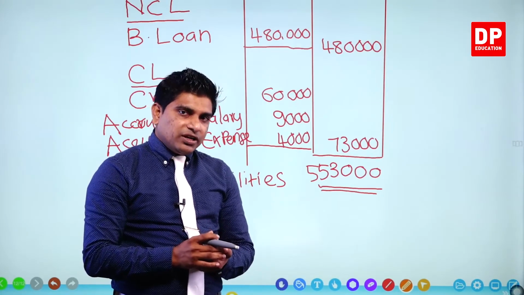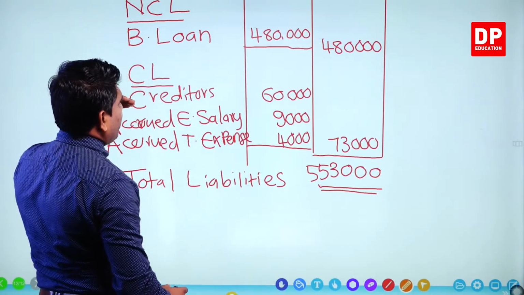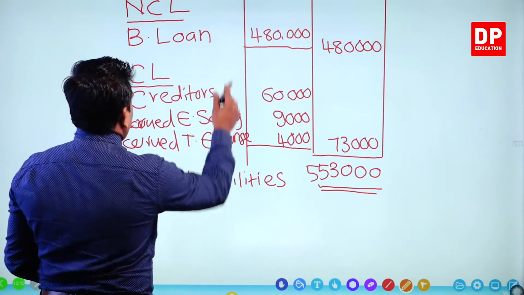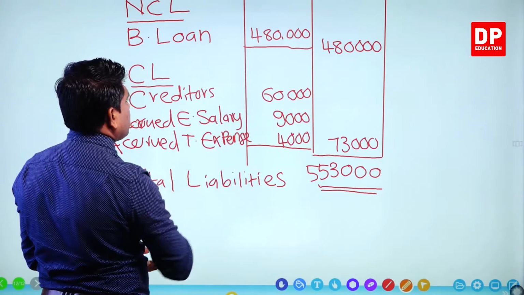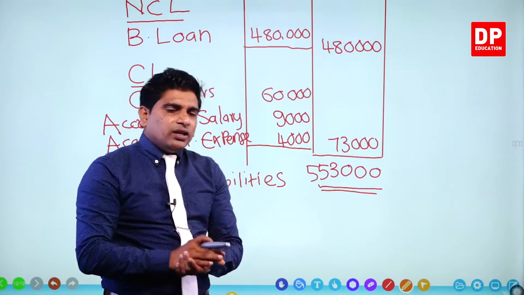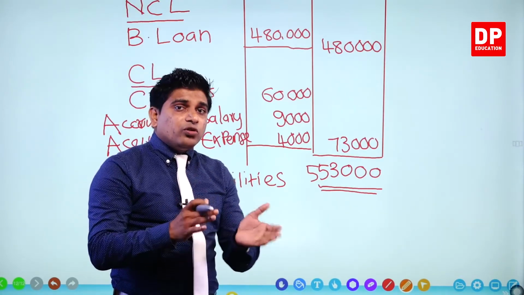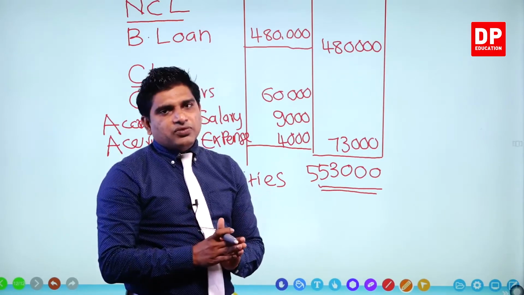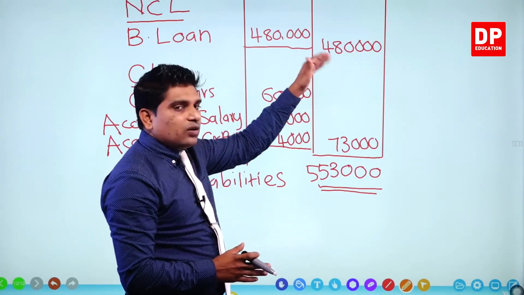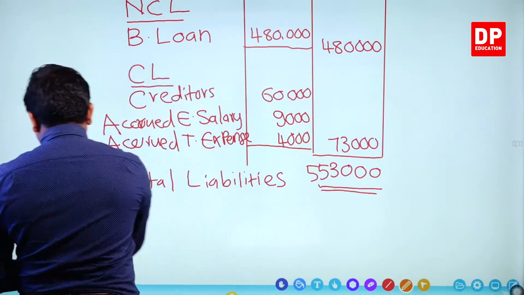with liabilities, right? Liabilities only two categories, non-current liabilities and current liabilities. Separately, you can record in the first column. The total you can bring to the second column. In the second column, you can see only the total of the non-current liabilities and total of the current liabilities. If you want to calculate the total liabilities, what you do? In the second column, all the details you add and down you can write total liabilities.